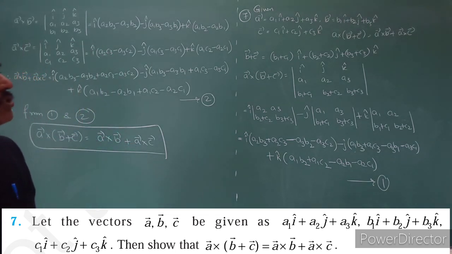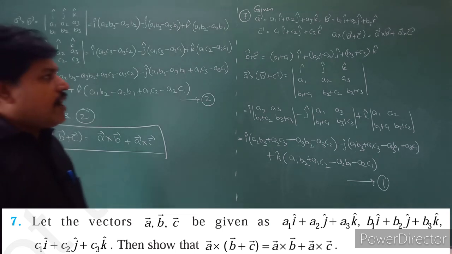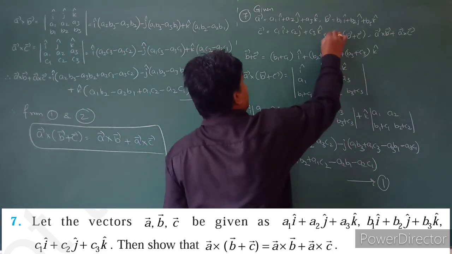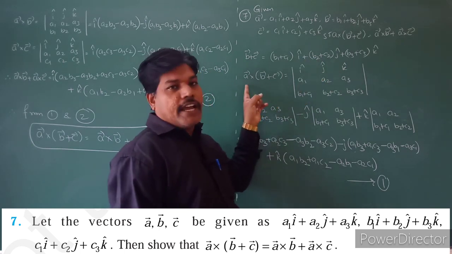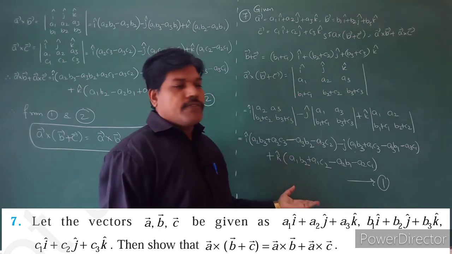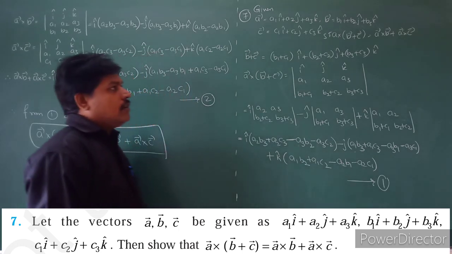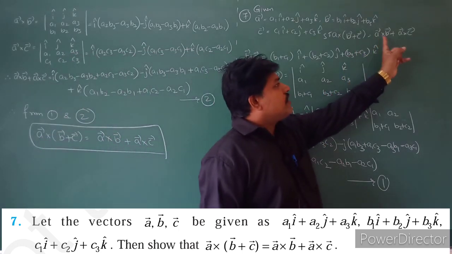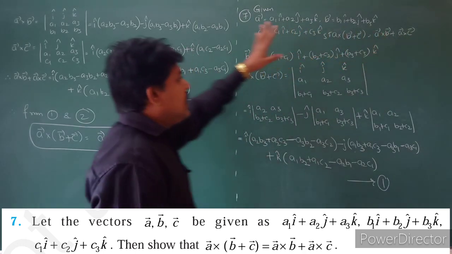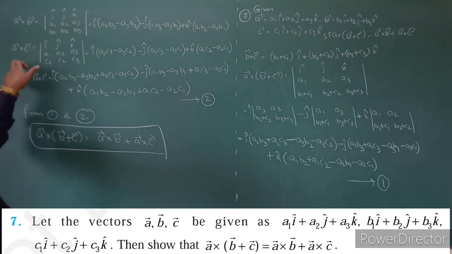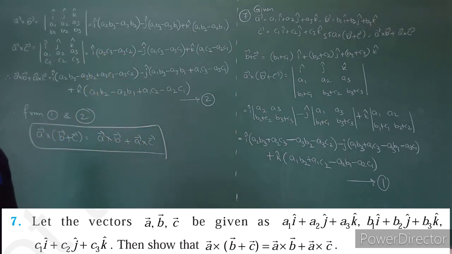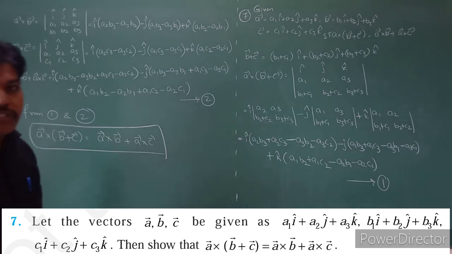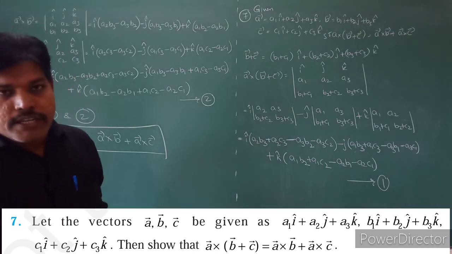Okay. So see that question once again, students. Three vectors A, B, C are given. They are asking you to show this condition. First you have to calculate B plus C. After getting B plus C, calculate A cross of B plus C. Expand that value and take it as equation number 1. In the RHS, there are two terms. First one is A cross B, next one is A cross C. First calculate the A cross B value, next calculate the A cross C value. Just add both, and you will get the term. Equate from 1 and 2, and we can declare that A cross of B plus C is equal to A cross B plus A cross C.